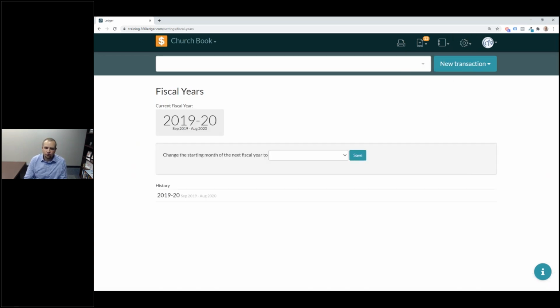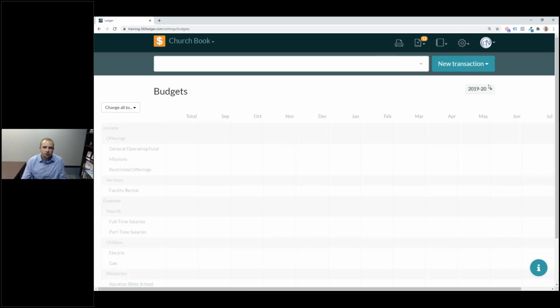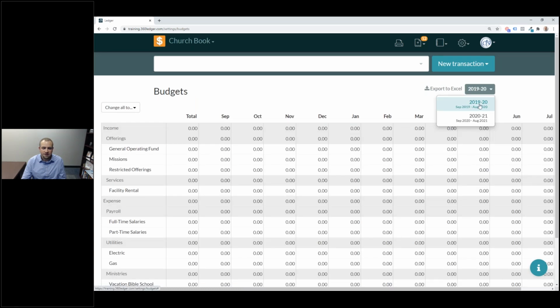Fiscal years is something you won't do too much at any given time, but you'll notice that this is our current fiscal year, 2019 to 2020. And then as you go to budget, you get to choose which fiscal year you're working on. Are you doing this year or next year, 2020 to 2021? When you go